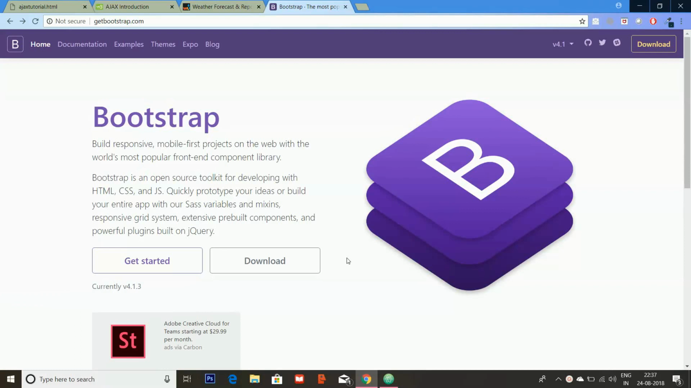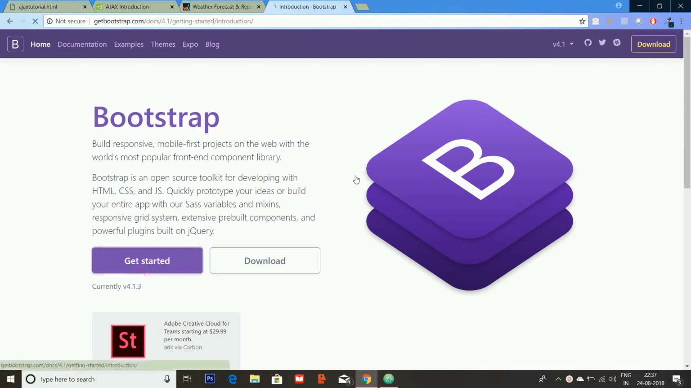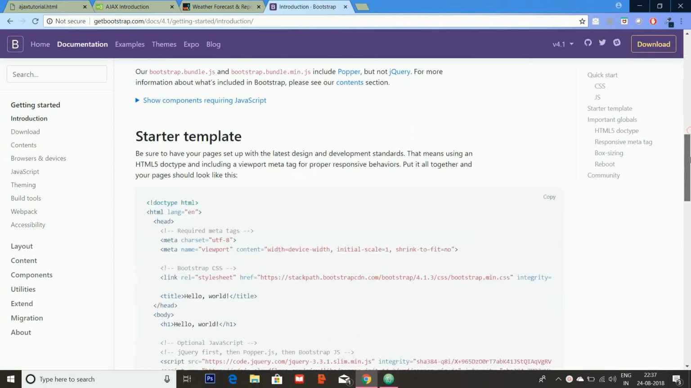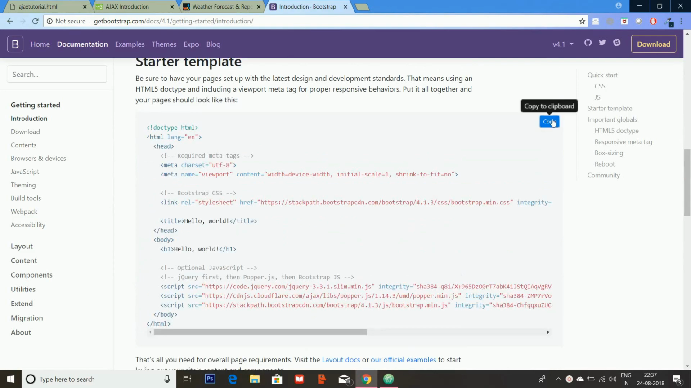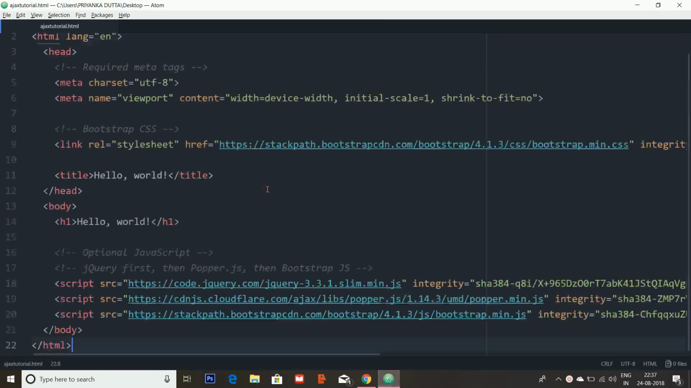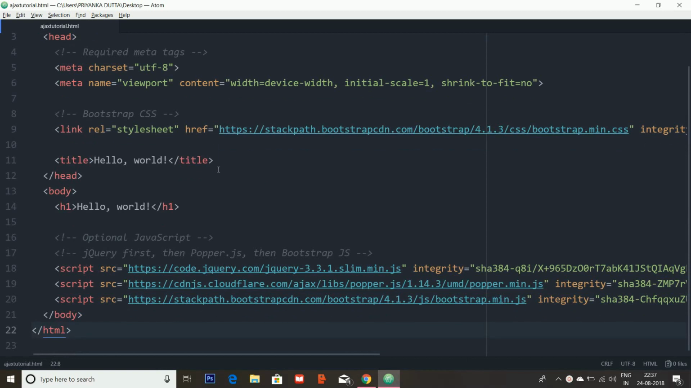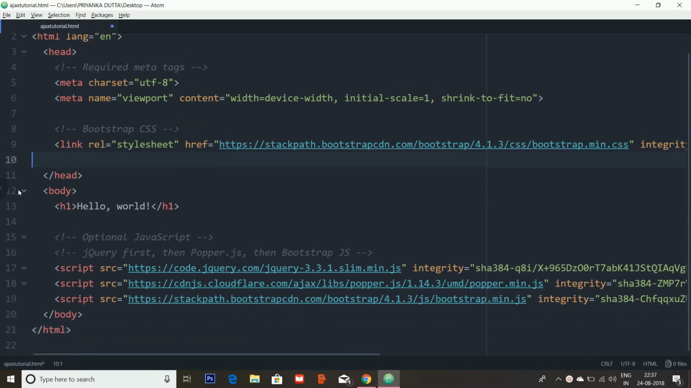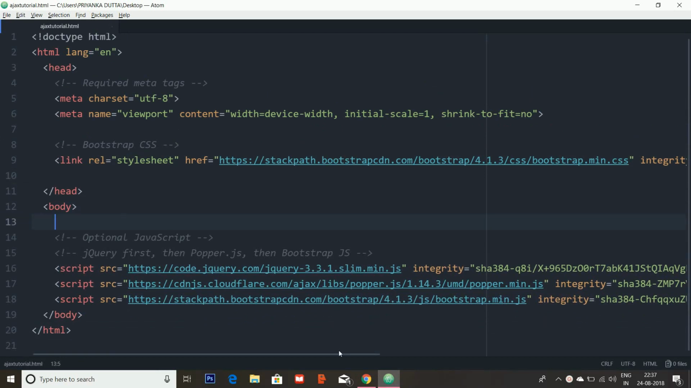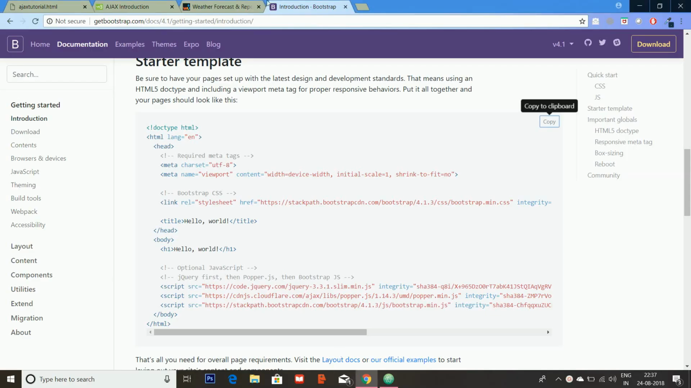Everyone. So today I will be developing a weather app using Ajax and JavaScript. First of all, I'll be going to get Bootstrap and I'll get the template, and I will just paste it over here, and I will not require these things. And if you see, this is a blank page right now,